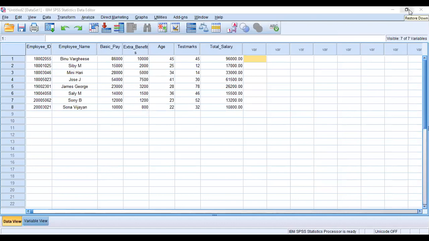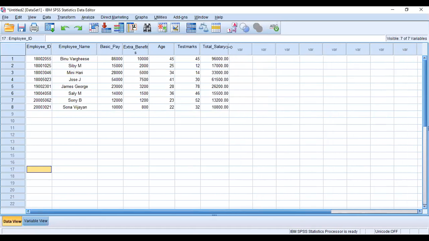When I explained in the first introductory section, I told you several times that input and output are stored and depicted separately. Input is in the data view of the SPSS window, and output is shown separately in the output window. See, the compute command for total salary, basic plus extra benefit, is given in the output window, and the data is already changed. Here a new variable arises.